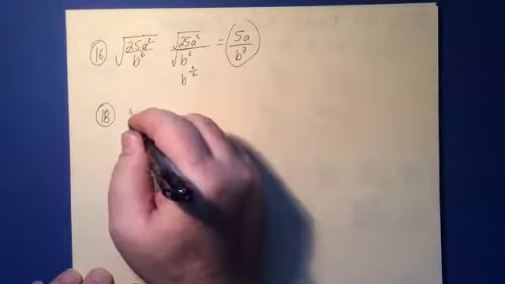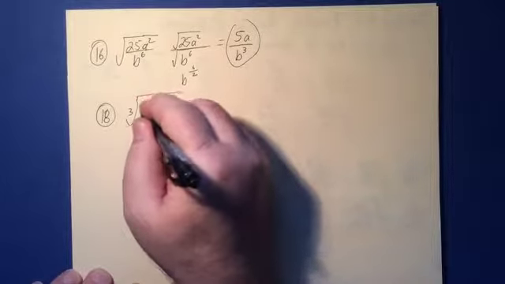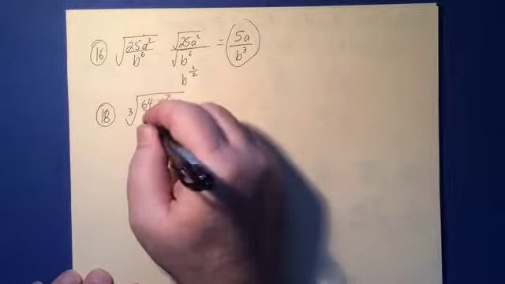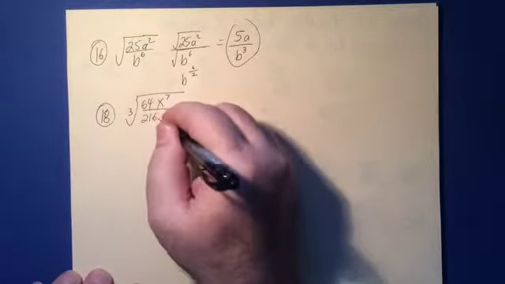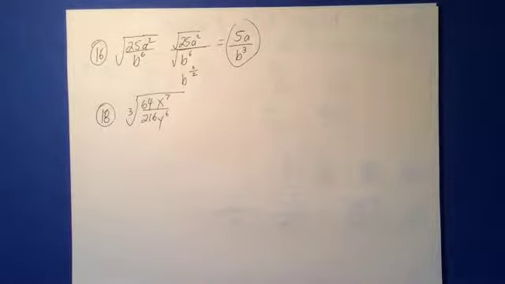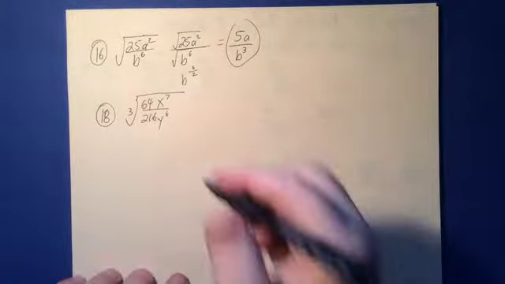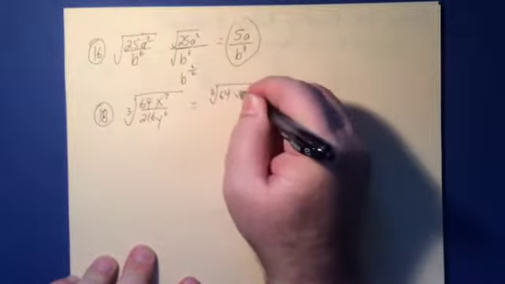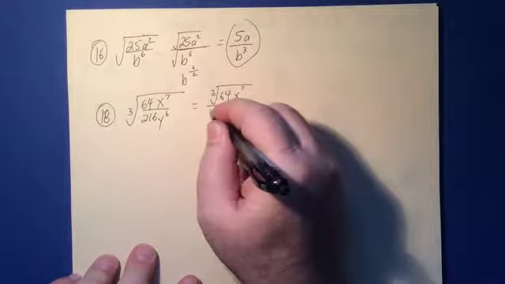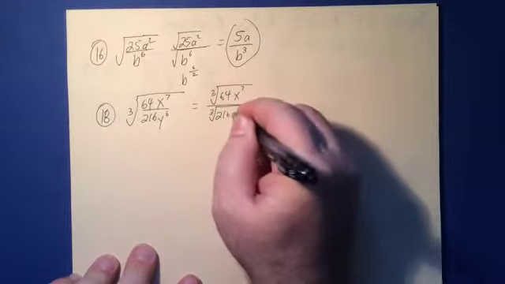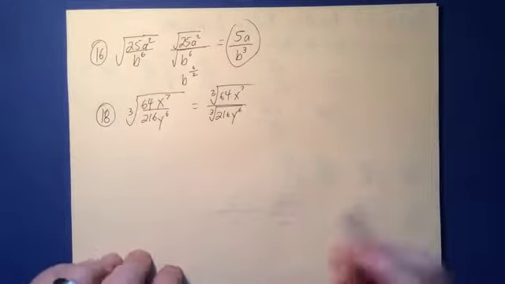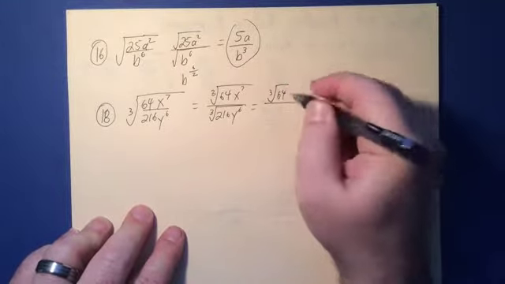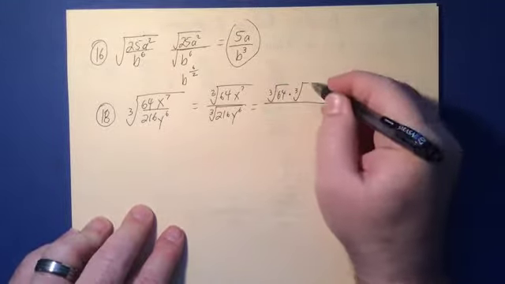In question 18, we have the third root of 64 x to the 7th divided by 216 y to the 6th. So let's go ahead and see what happens in a question like this. I'm going to split up the top into the third root of 64 x to the 7th. And then I'm going to split up the bottom as the third root of 216 y to the 6th. So now that I have this out, I'm going to rewrite the top now as the third root of 64 times the third root of